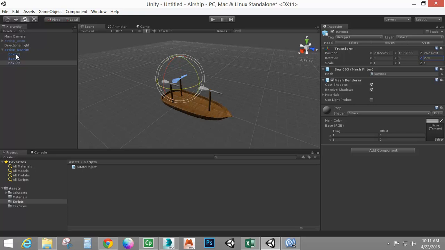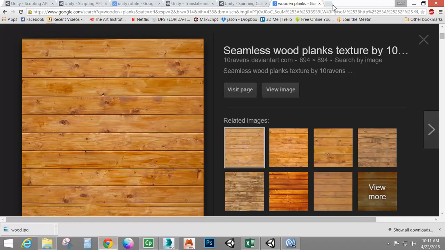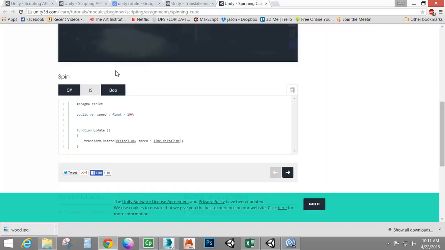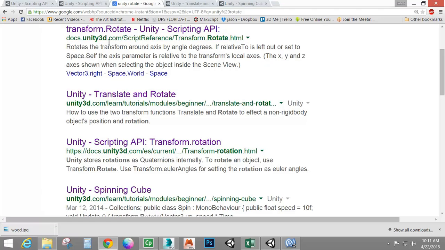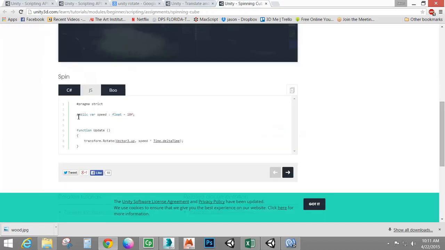So let's see. Right, so the script. Looking up the scripting reference is nice and easy. The script that we want to use for rotation, all I did was simply do a Google search, Unity rotate. The nice thing about scripts is they're available all over the place. So the one that we're going to borrow from is basically got a variable set up for speed,